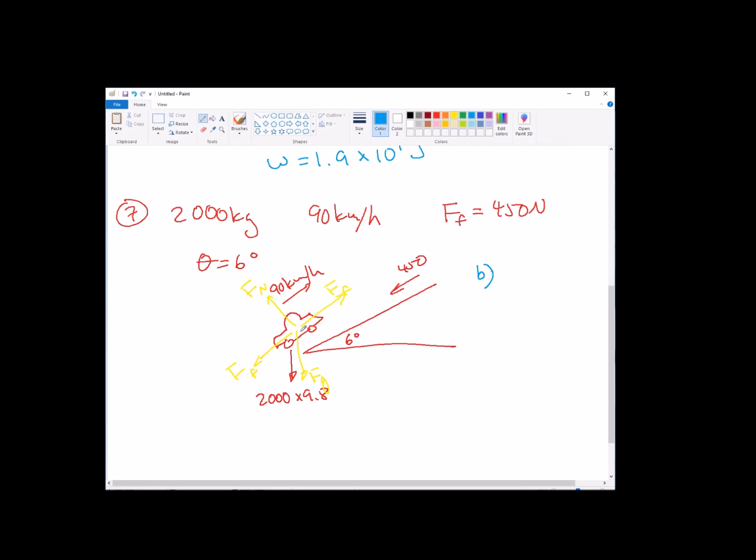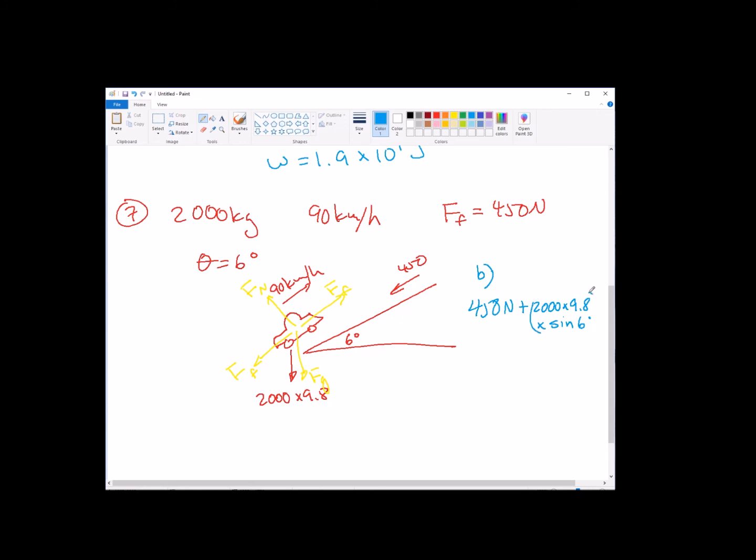So Fg is this way, so we have to figure out what is the Fn, pulling back at it. So we have to add the 450 to the Fg, which is 2,000 times 9.8, but we also have to times that by sine of 6 degrees